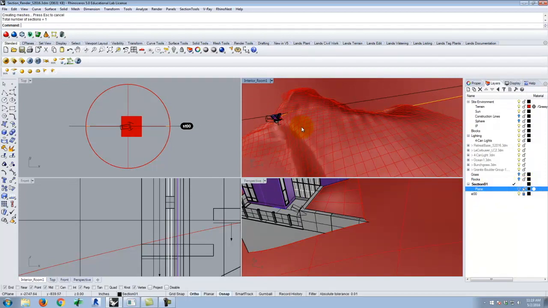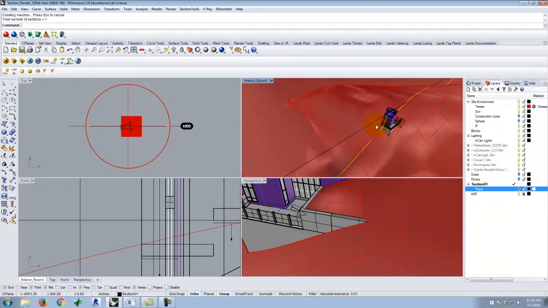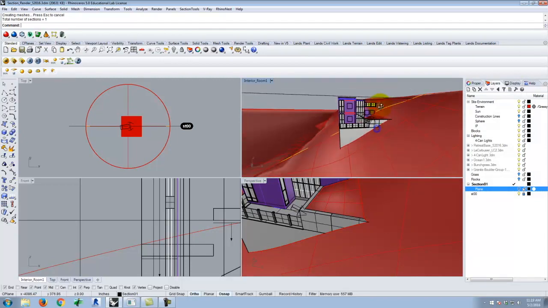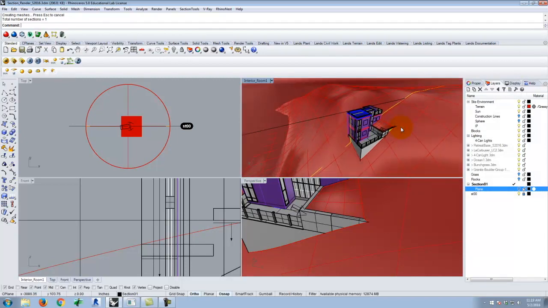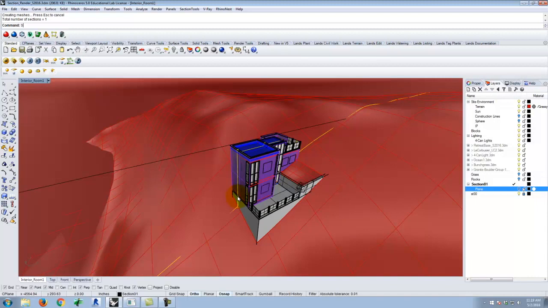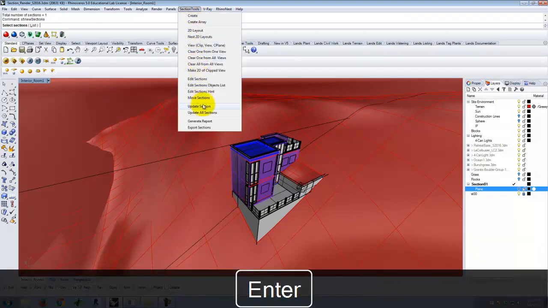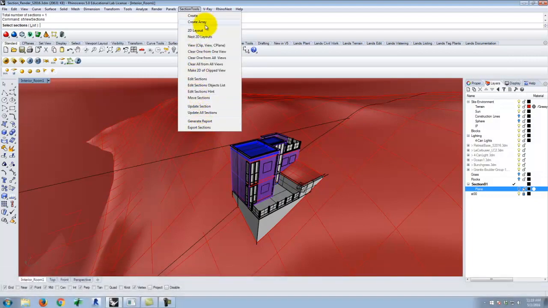And if I zoom in here, see how we can kind of see that yellow line that goes through my building? Okay, that's what the SectionTools command created for me. But I can take it a step further, and what I can do is I can type StView Sections, or I can go to the menu here and go to View Sections,